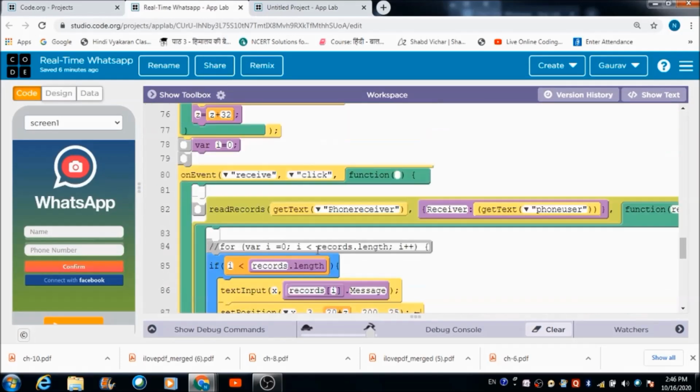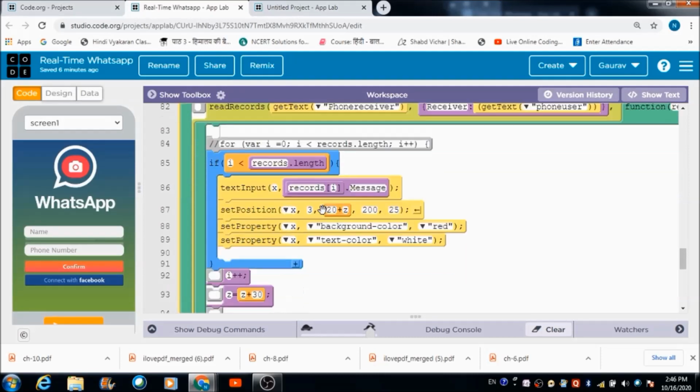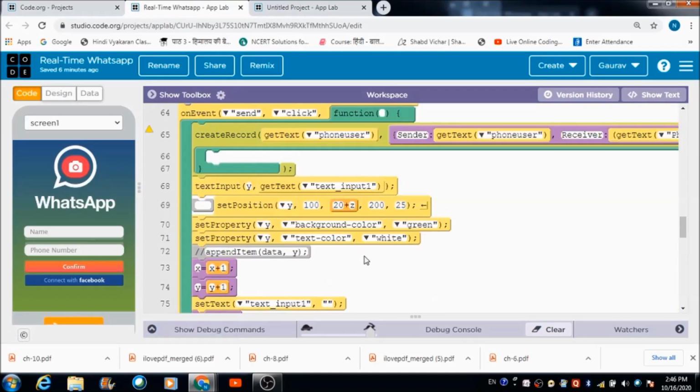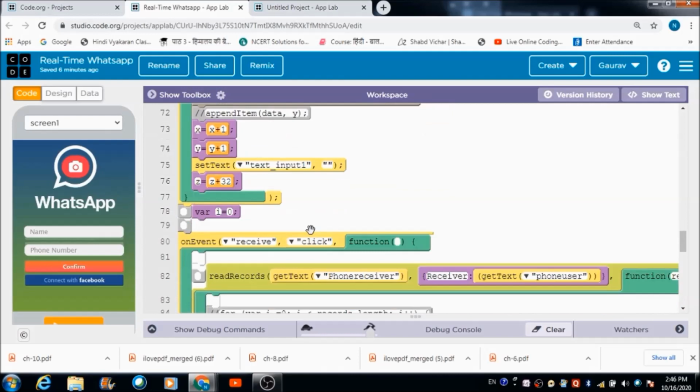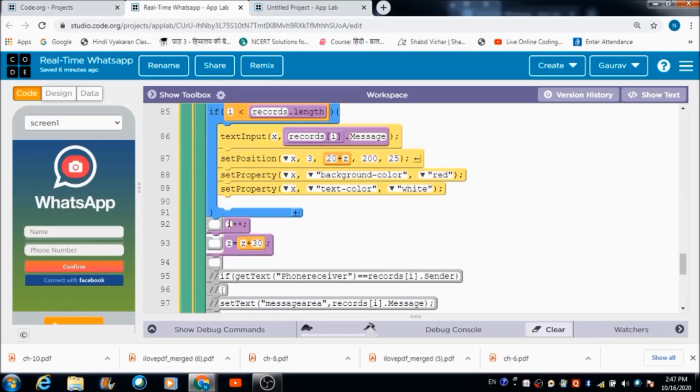Fine. Similarly, I have used the same code for the receive button also. I have not changed anything except these four things. All the lines of code we used for the send button, all these four lines of code, I have used for the receive button also. Everything is the same, and the value of i is getting incremented.